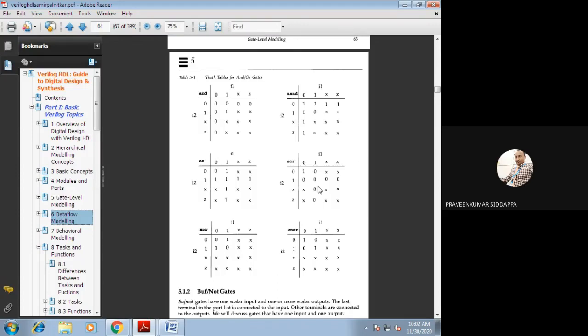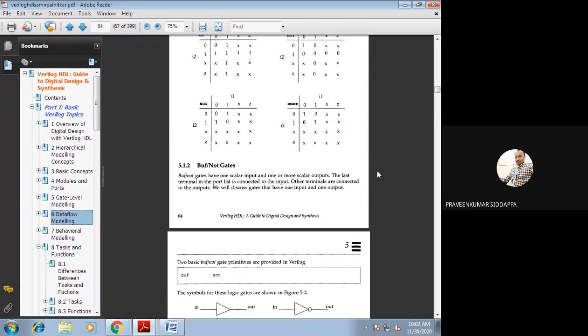Next we will discuss buffer/not gates. The second type is the buffer/not gate. Here, how many inputs and how many outputs do buffer and not gates have?